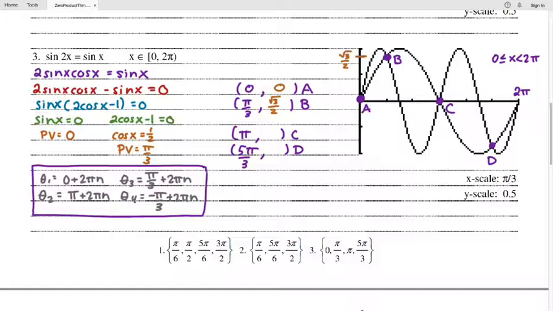All right, moving on, the sine of pi is 0. And again, we see that point C sitting on the x-axis. That would make a y value of 0. And then lastly, 5 pi over 3. The sine of 5 pi over 3 is negative root 3 over 2. 5 pi over 3 is in the fourth quadrant. So again, that aligns pretty closely with what we've got on the graph here. It's about negative 0.8 something. So those are the particular solutions for this